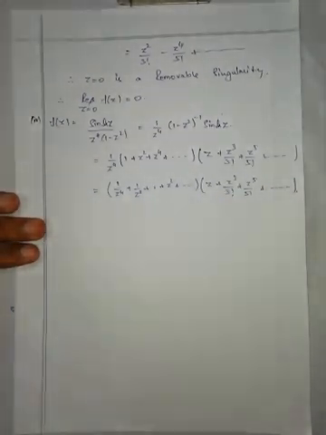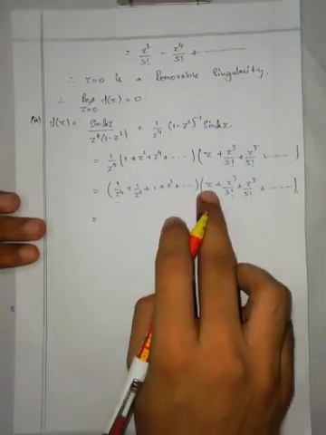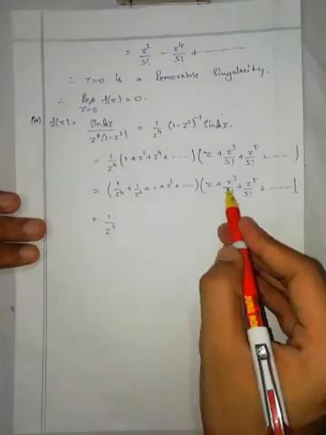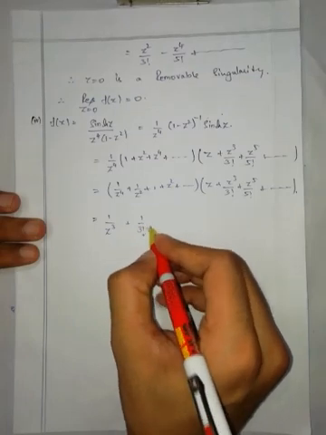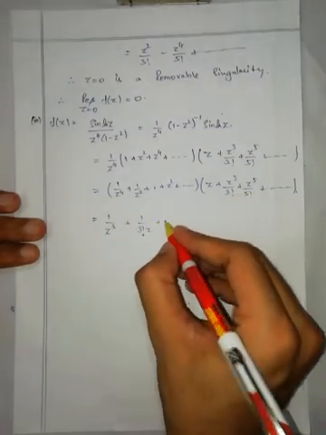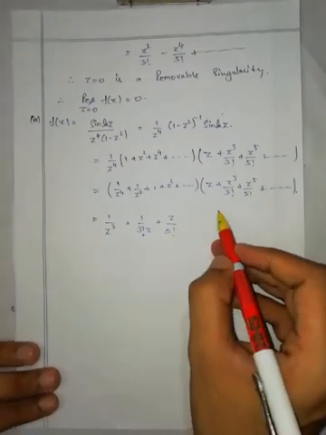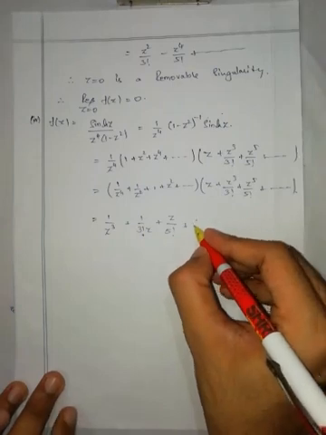Now multiply one term, 1 by z to the power 4, to z, 1 by z cube, this one into this one, 1 by 3 factorial into z, this one into this one, plus z by 5 factorial. Now all the terms will be z in the numerator. Now this one into this one, 1 by z